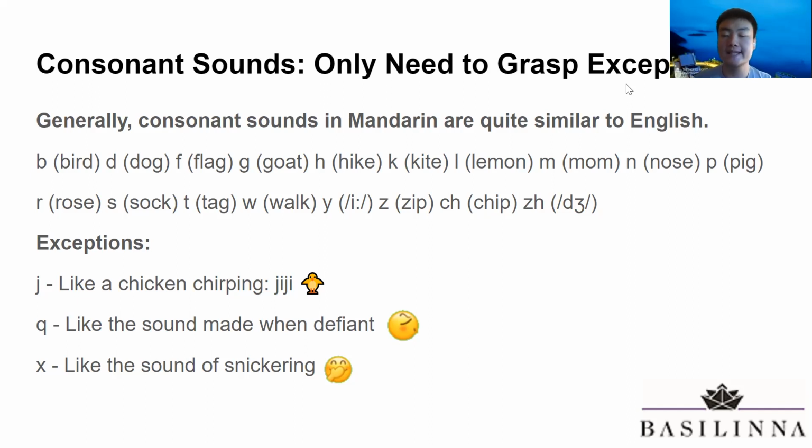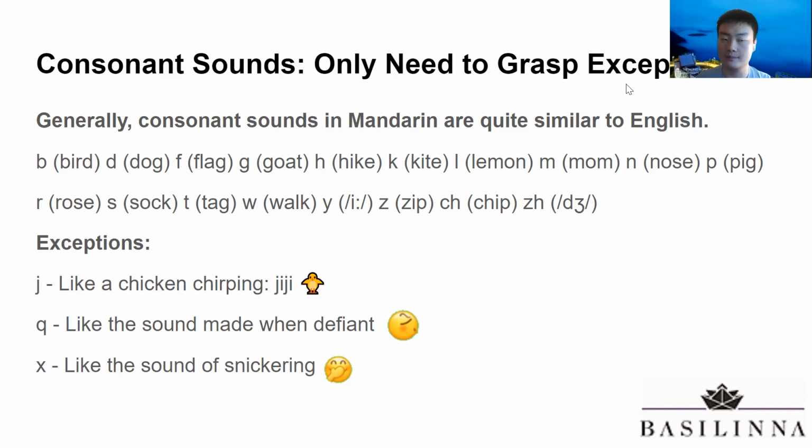Next one, e, just like e. Next one, z, like zip. Next one, ch, like chip. Next one, g, just like g. Okay, but there are some exceptions, maybe a little difficult for you,